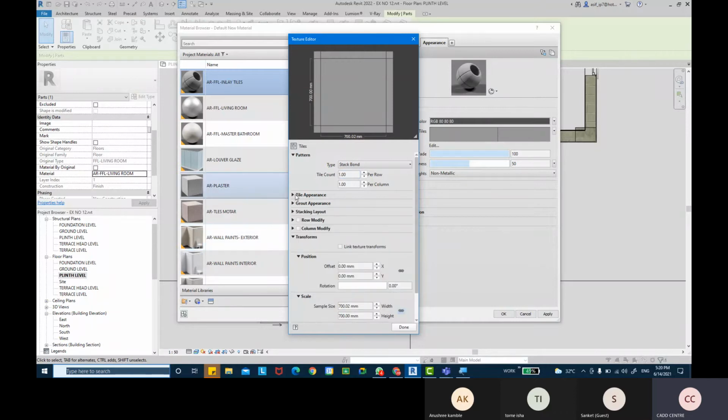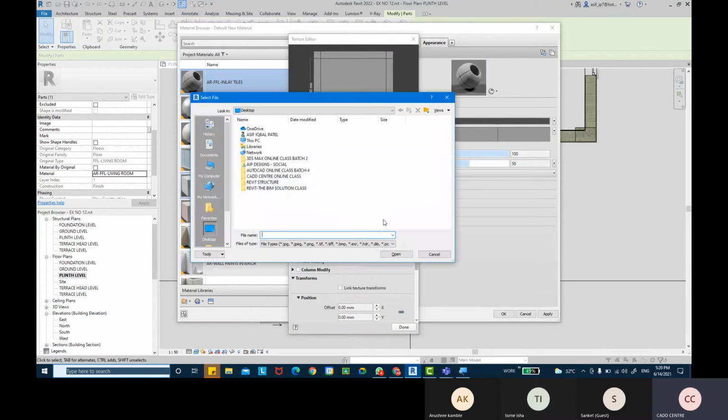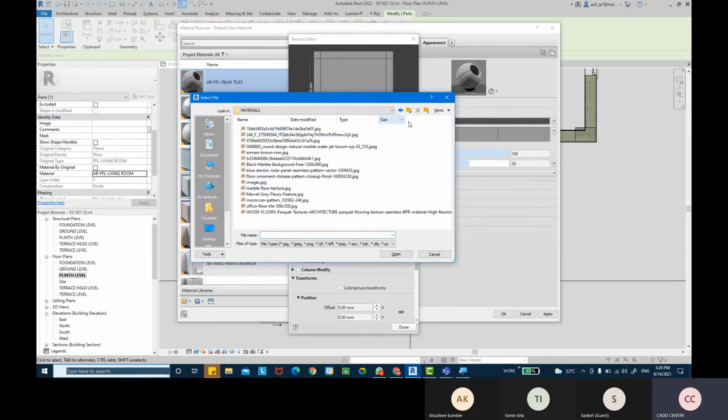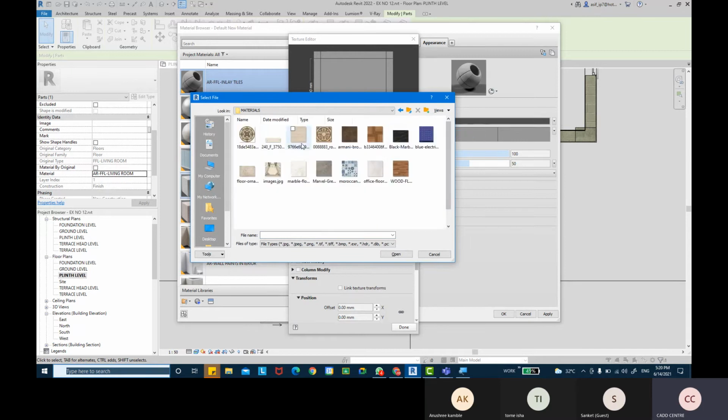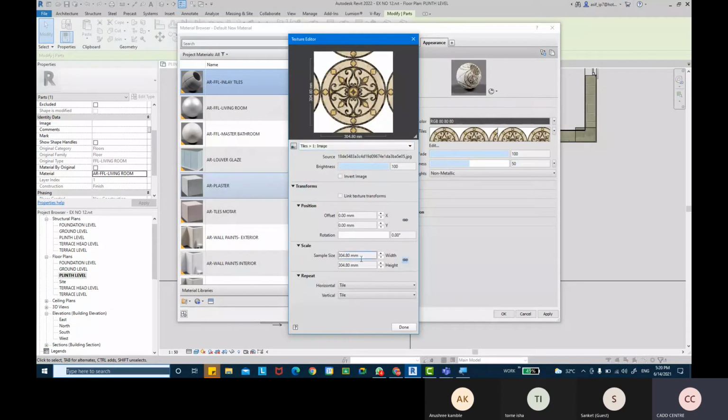And in that tiles, we want that inlay tiles, we can take tile appearances, in the image option we will go, wherever you have that texture image, come and select that texture image. Okay. Size can also be maintained over here.